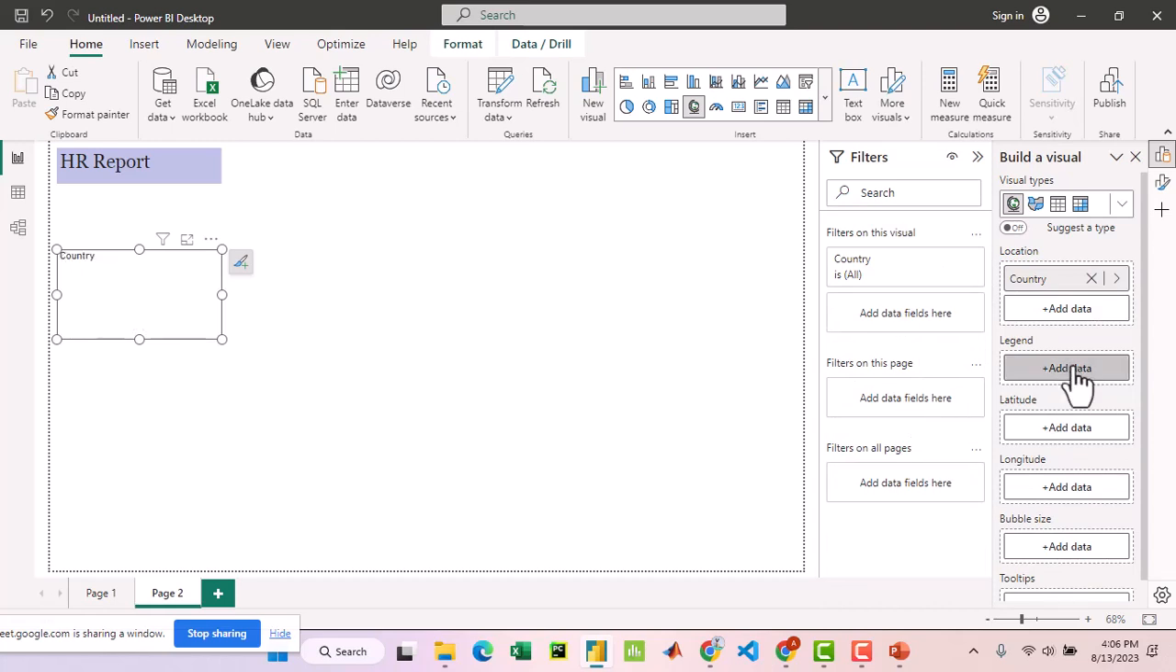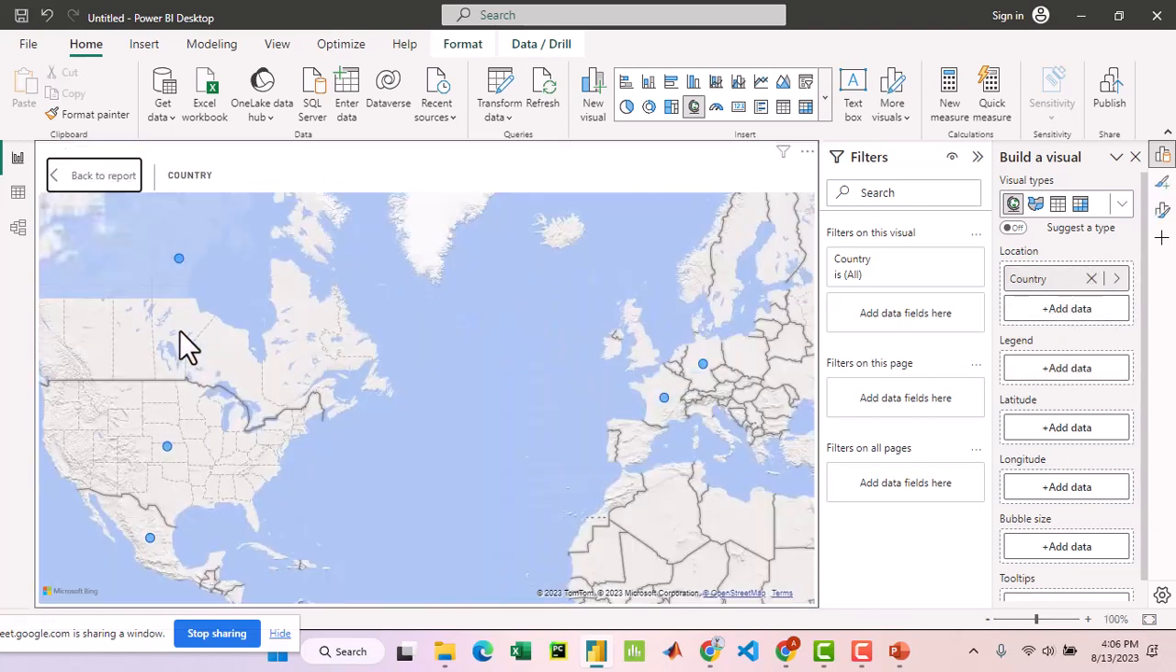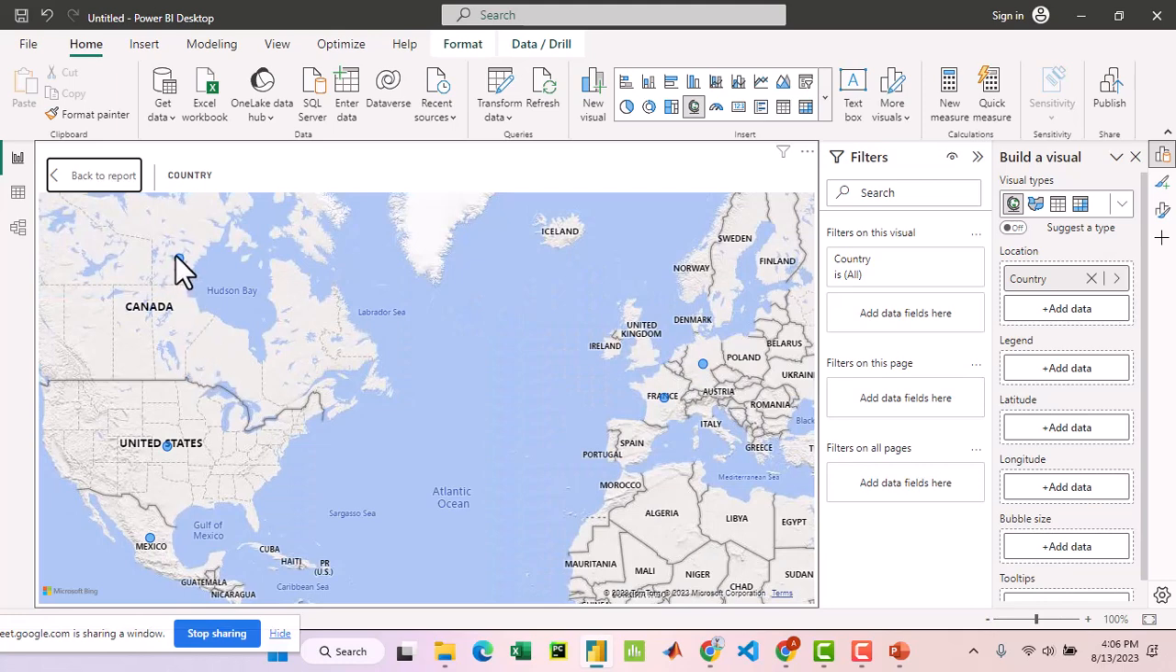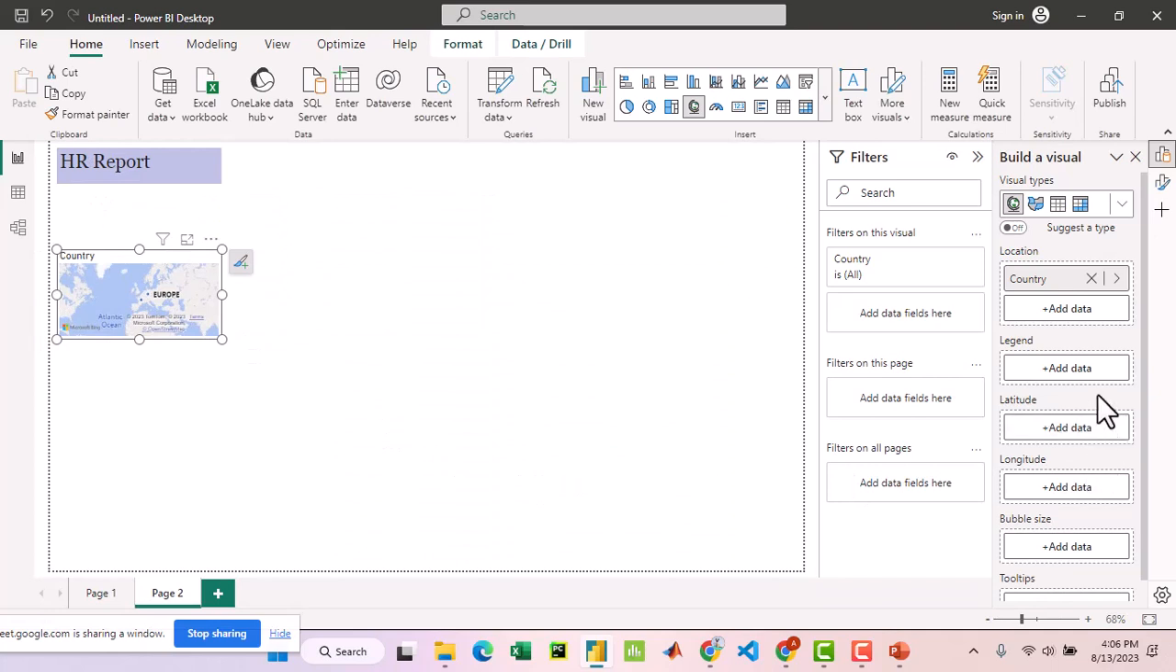Okay. Let's see. The country. Good. See how it is. Okay, so this is the country. So we have Canada, we have Mexico, we have France, then we have what? Germany here. So these are the unique countries we have. Okay,